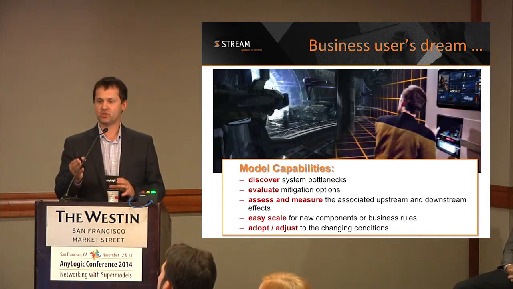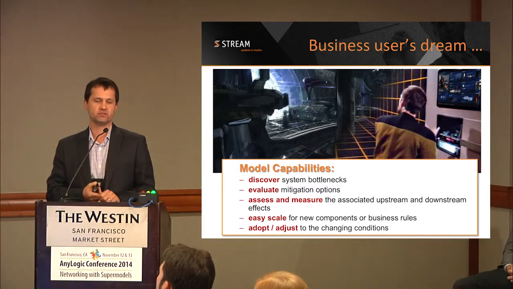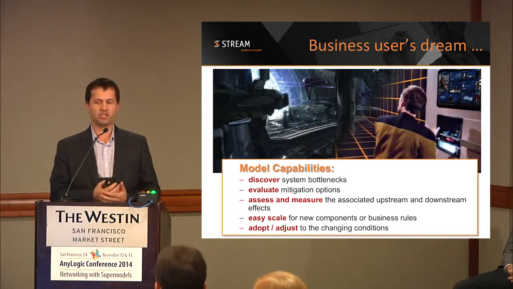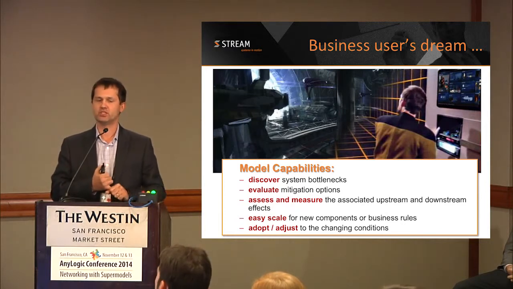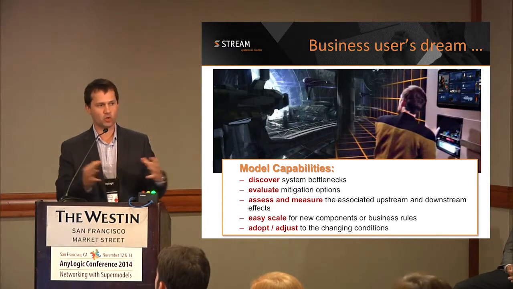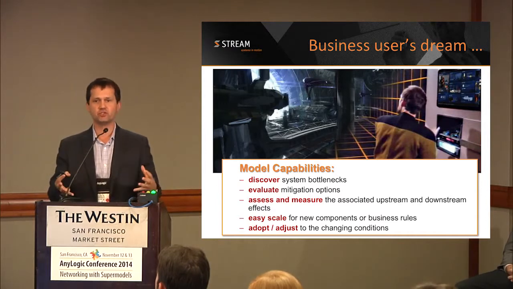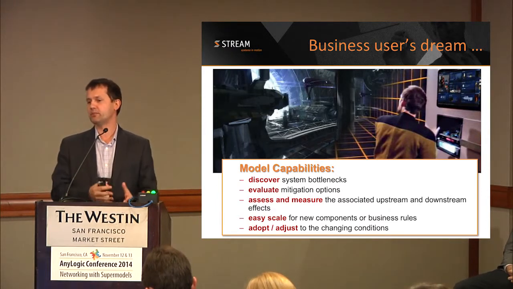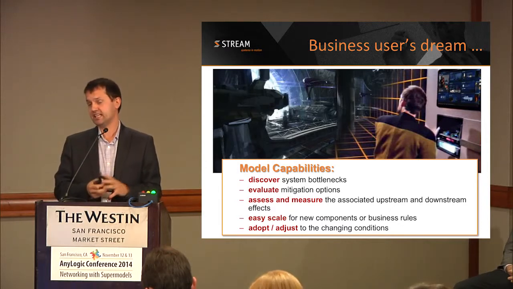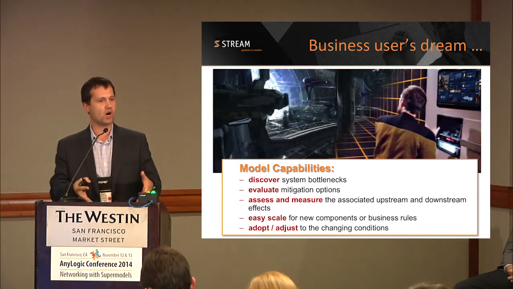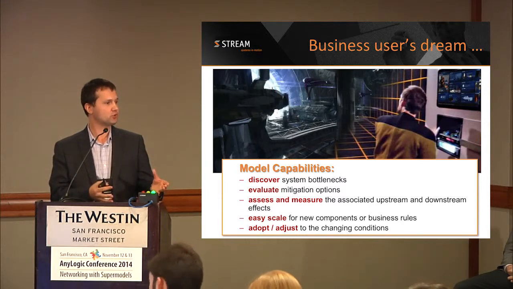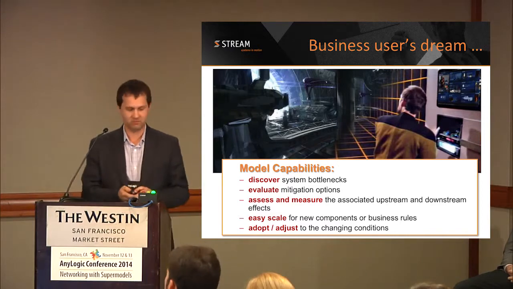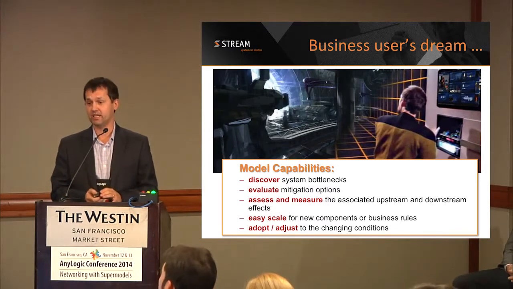It also had to have two more capabilities, because they still wanted that holodeck that can generate and simulate anything we want. They wanted the capability to easily scale, to grow the model, add additional lines, add additional terminals, and evaluate the impact, but easily. Also, adapt and adjust to changing conditions. That means the system has to be smart, taking business rules and adapting. Again, it sounds like a simple simulation problem, but it wasn't. It was actually quite complex.